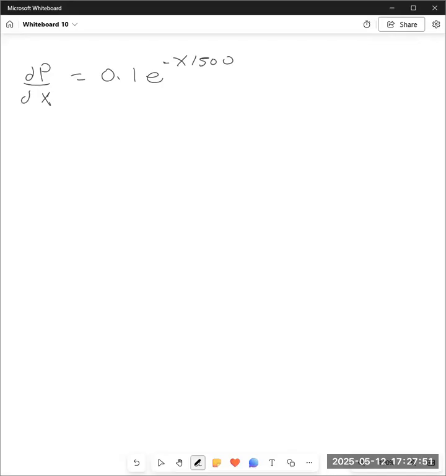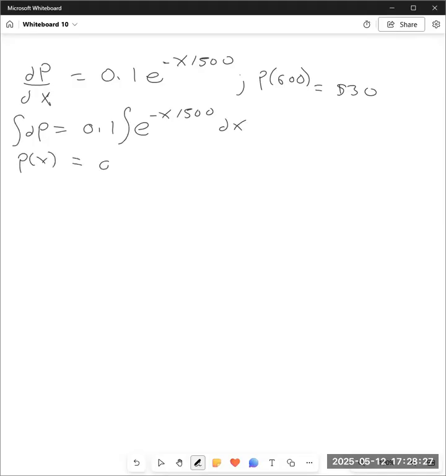So the first question, let's finish this up with the initial condition that's given to us: when 600 units are demanded, the price of each unit is $30. All right, find the demand function. So dP is equal to 0.1 e to the negative x over 500 dx. We're going to integrate both sides to get P of x is 0.1